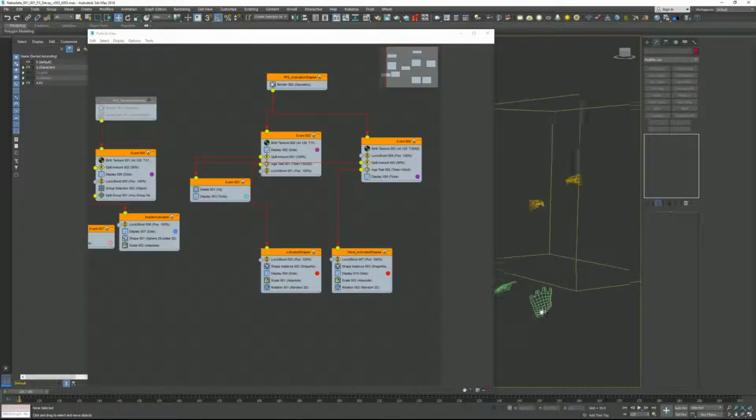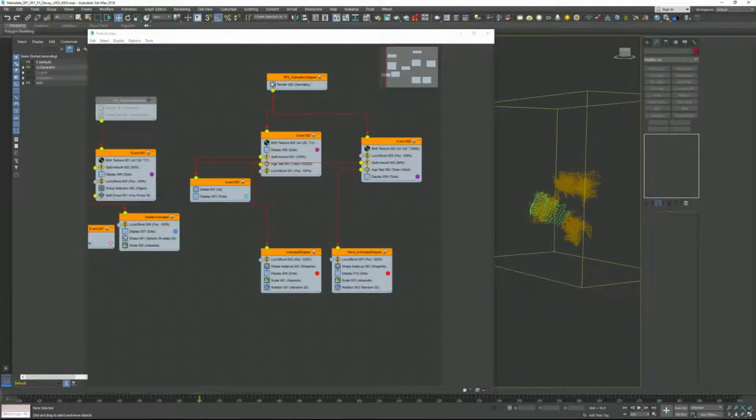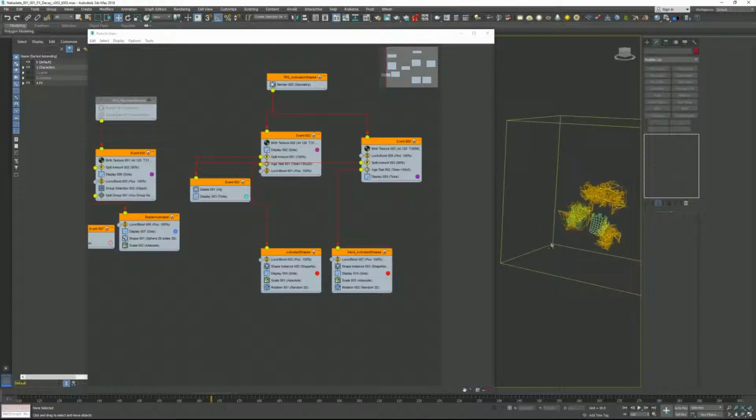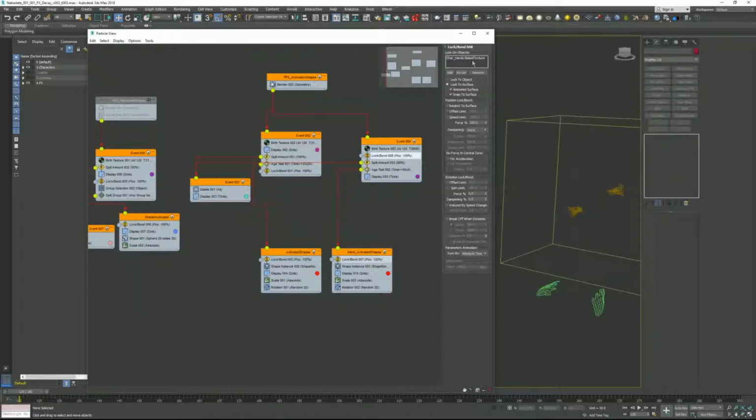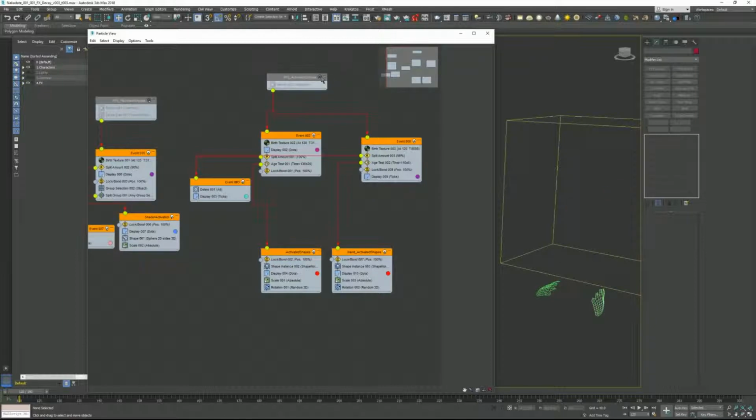Okay, so turning this on, we can see the sun particles working. That lock bond on the hand. Say restrict. So they are coming on kind of late, and there's also still a lot of them. Yeah, there's a few things that we'll do here. We'll make this a little bit different. We'll set this to be